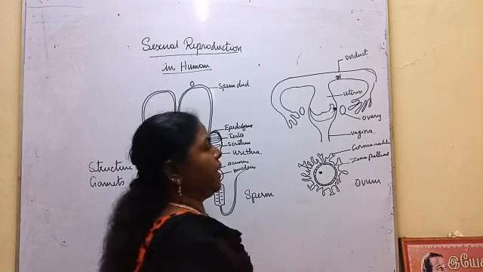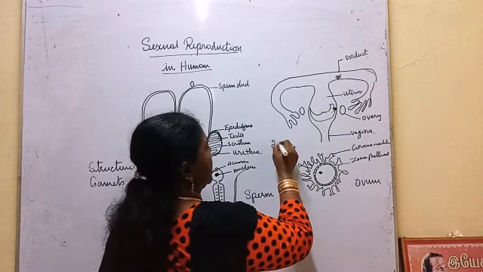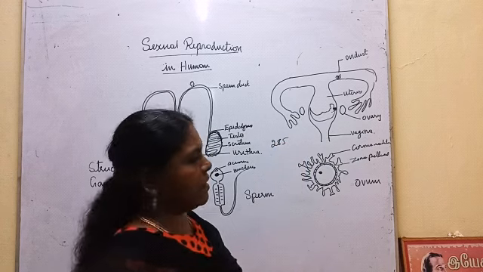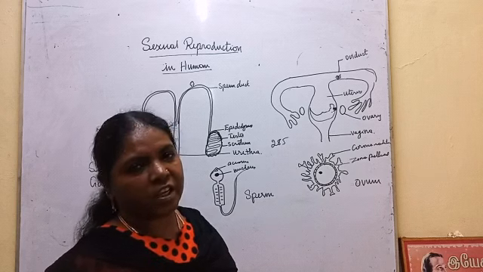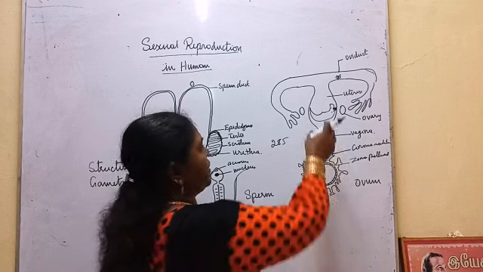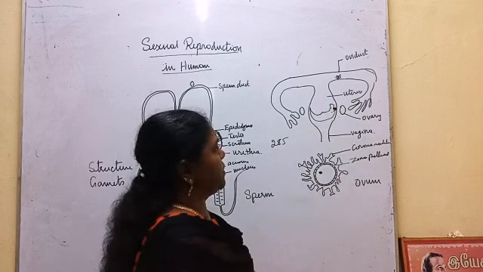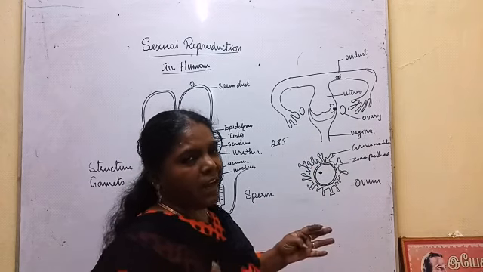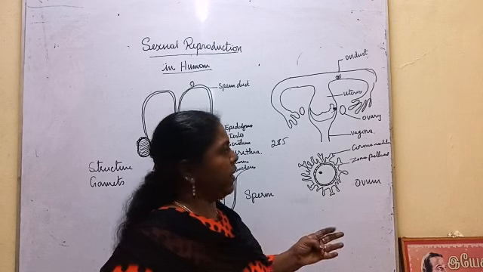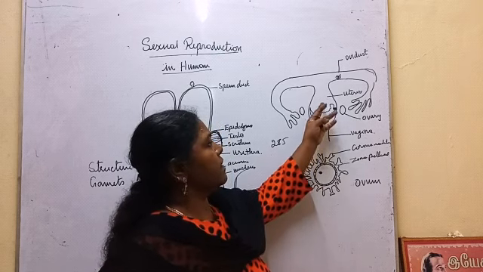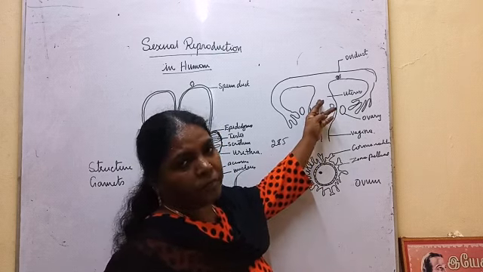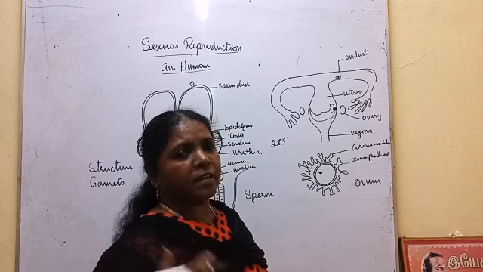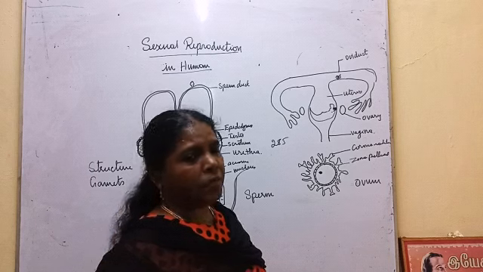For this development, it takes 280 to 285 days. This period is called gestation period. And when the fetus is fully developed, it is seen in the placenta. All these you will be studying elaborately in higher classes. The placenta is connected with the mother through the placental cord, and through that